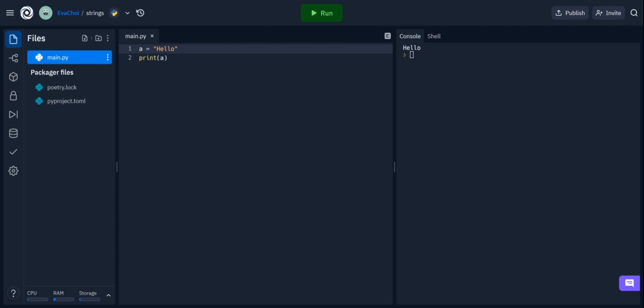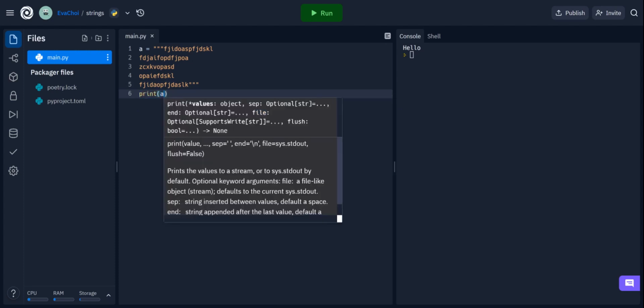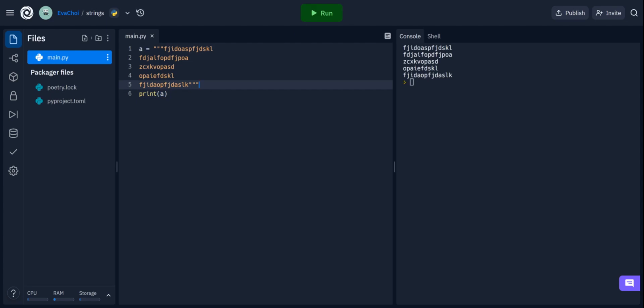You can also create multi-line strings by creating a variable that uses three quotes. So let me also show you how to do that. You're going to put three quotes instead of the normal one. And whatever you put in between the quotes like this, I'll just put whatever for now. And if you print this out, we can see that whatever is in between the three quotation marks will be printed out in the console. And each line break that we put in between the variable, it'll be followed the exact same way in the